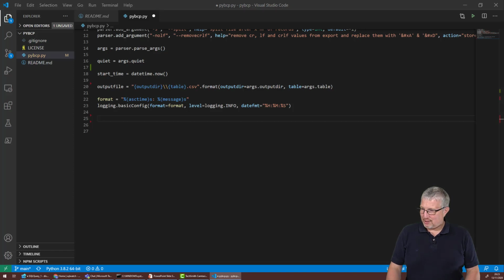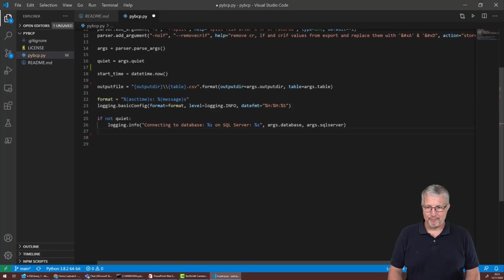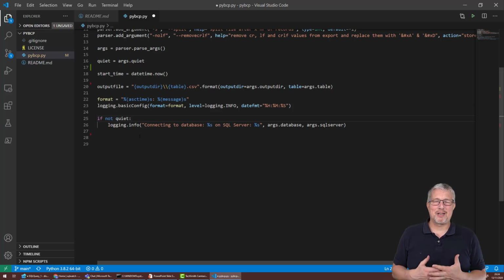Now let's actually do some logging right away because we're starting this thing. So what you see here, I'm just basically saying, if you didn't put the quiet argument parameter, which I've assigned to a variable right here, so if not quiet, then do logging.info, connecting to database, blah, on SQL Server, blah, and then I put these arguments there. Funny thing, first thing I saw as a PowerShell person, and I bet PowerShell people looking and have never seen Python right now are thinking,